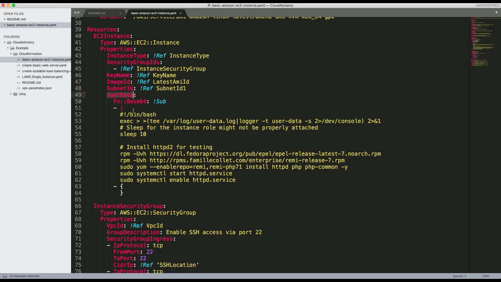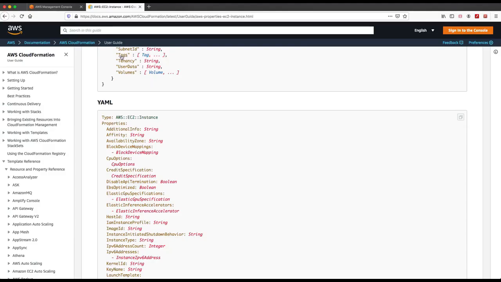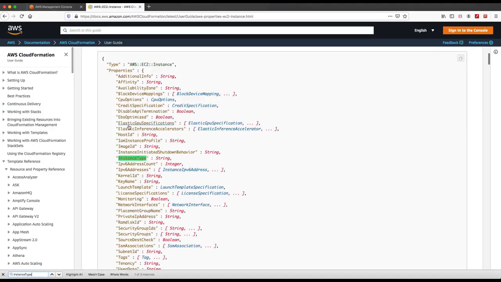Okay, and apart from this, I'm not going to use any other keys and values. So the remaining will be the default one, and whichever is mandatory will be the default one. If something is not mandatory, it won't be included here. So if we copy this and search here, then we have instance type here,